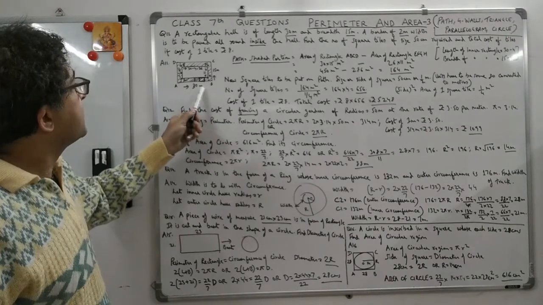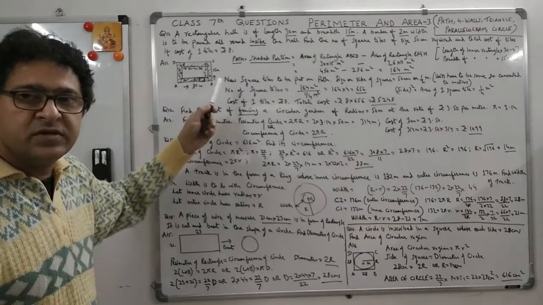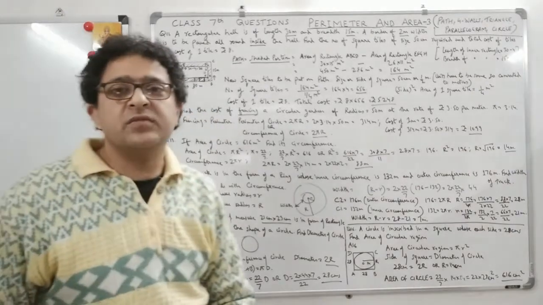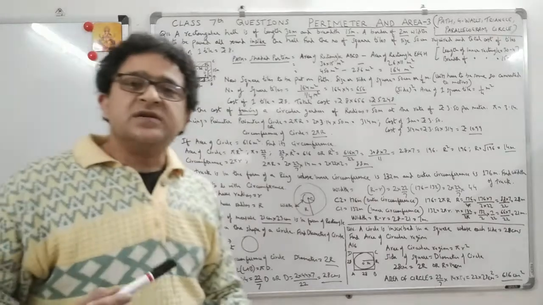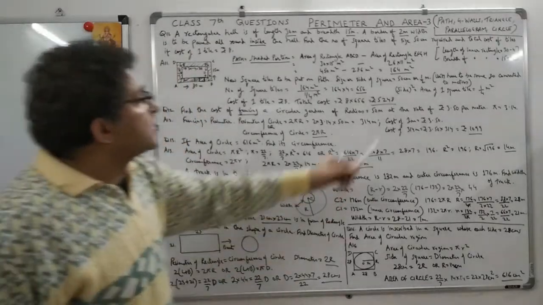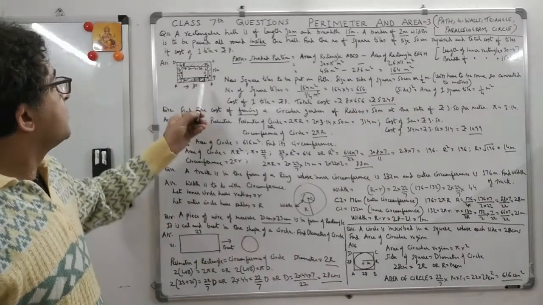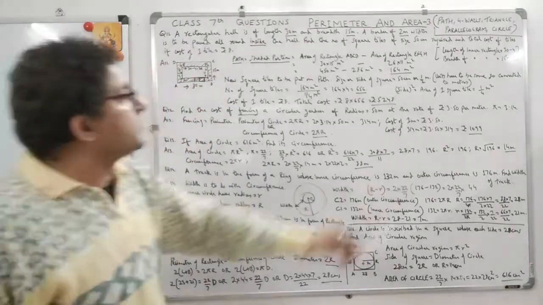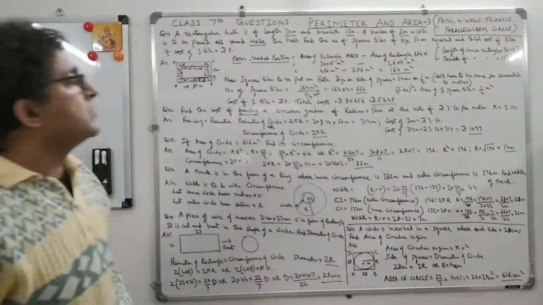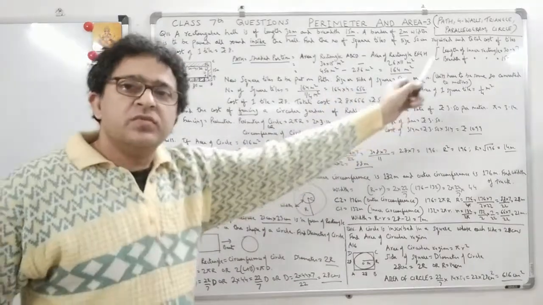We have to know how many square tiles have to be used, right? Because this is obviously a room and rooms are in meters only in most cases. Square tile is in centimeters. So convert centimeters to meters, right? So we converted this to meters, so this is half a meter. Now area of one square tile is A into A, which means half into half, which is 1 by 4 meters square. And we won't say 50 into 50 because it is converted to meters.